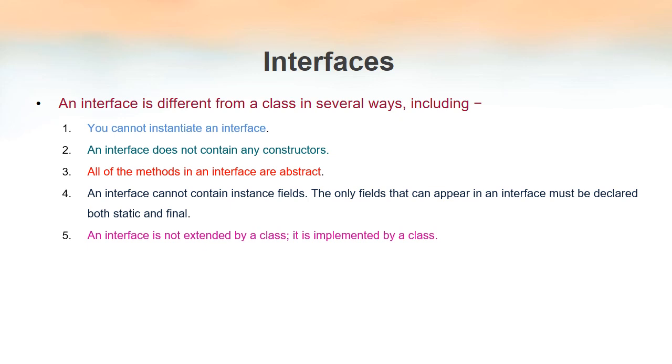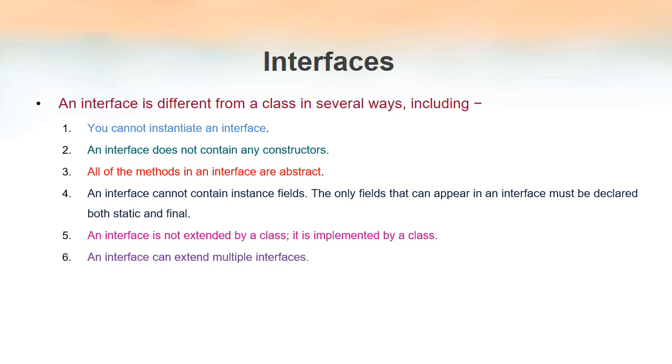As I mentioned just now, inheritance is a relationship between two classes. So since an interface is not a class, we cannot inherit this interface. That is what we mean by it cannot be extended. We know the keyword extends is used in inheritance. So we cannot make other classes extend an interface. That's the fifth difference between class and interface.